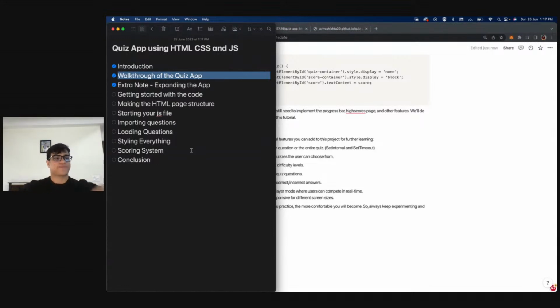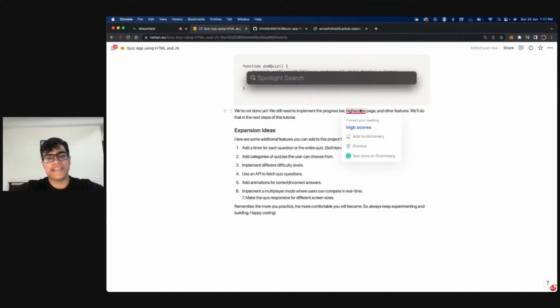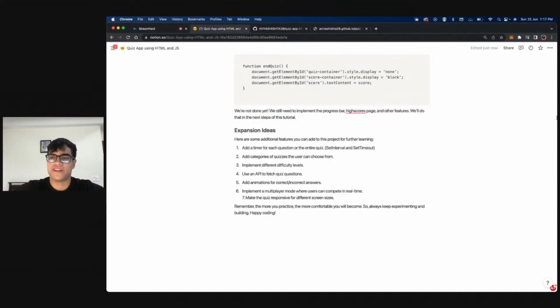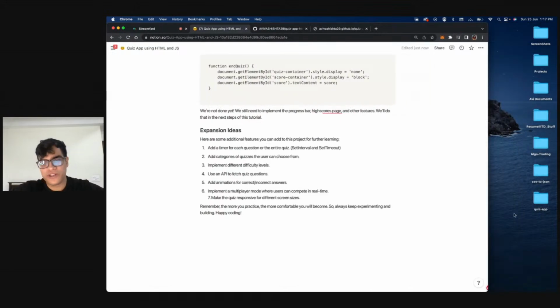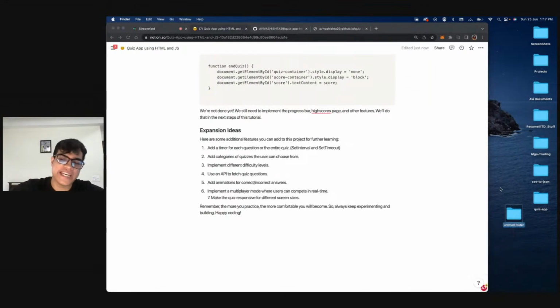So, okay, great. To do that, firstly, we will be needing to create our folder. Wherever you want to, you can just create a new folder. I'll be creating it on my desktop, and I'll be calling it quiz-app-live, because the previous one that I have made is the one, and this is the one that we'll be making right now, right?